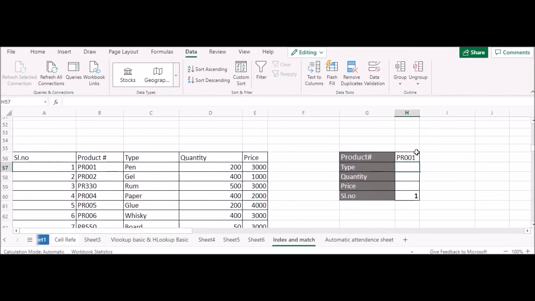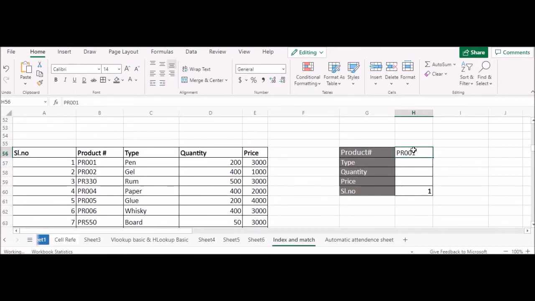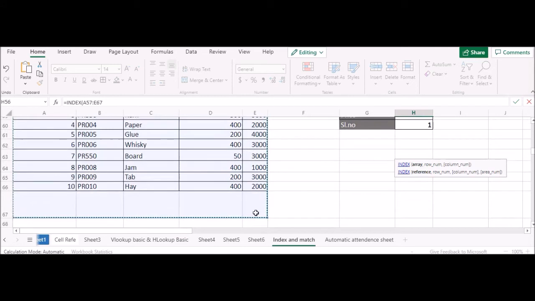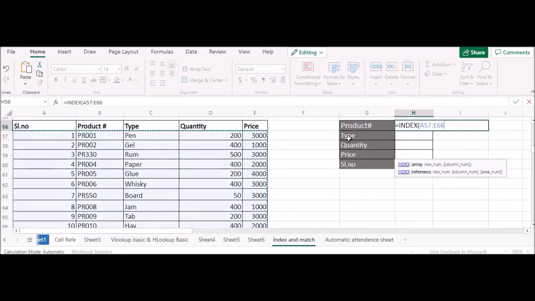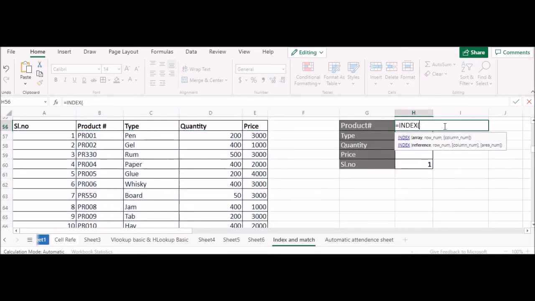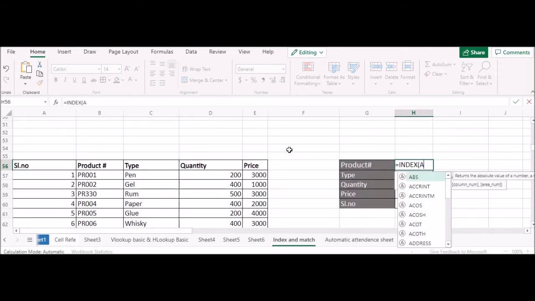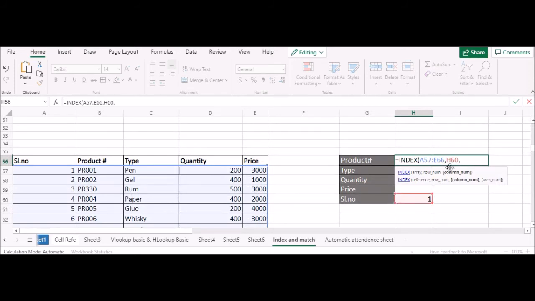Now we will use the index function. I do not need product number also. So from here we can start the index. So index, this is my data range. If you have long data, huge data, you have to just know the first data. This is my first cell, A57 to E66, A57 to E66, and column number. So I need product number. So this is in second column. So row,